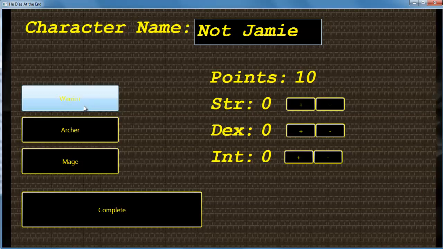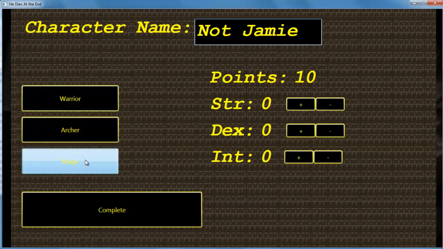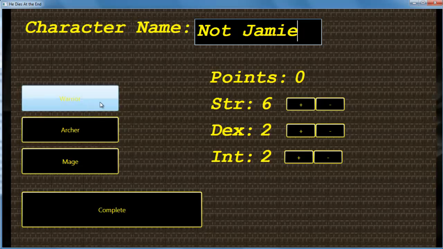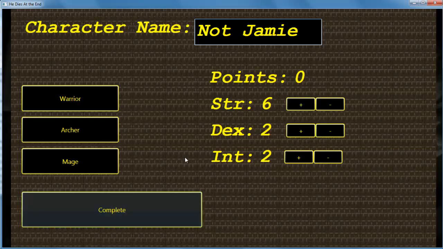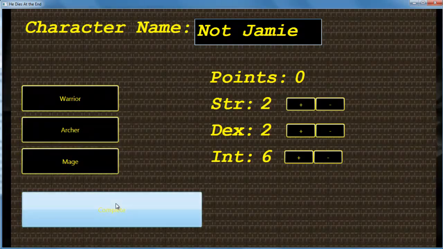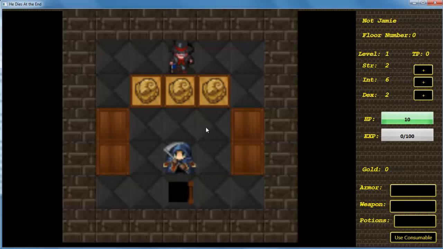We have three different character archetypes that you can choose by default, and they assign your stat points. However, you don't have to use them. In fact, you can say, I want to be a warrior, but I'm not good with 6 strength. I want 5 and 1 extra dexterity. And you can edit these however you want. Once you enter the game, let's go with a mage. Once you enter the game, it'll start you off in the shop. You have to equip your armor, equip your weapon. The weapon is assigned to you based on whatever stats you chose. And if for some reason you decide to leave a point out and do all equal stats, you'll get a